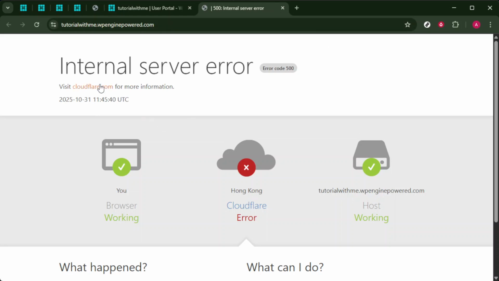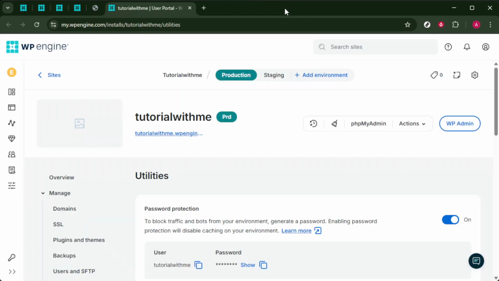Throughout this process, you've seen just how user-friendly and intuitive WP Engine's platform can be, making it possible